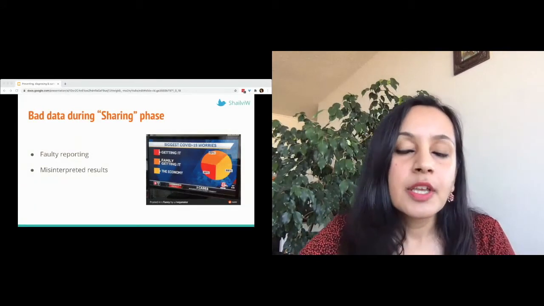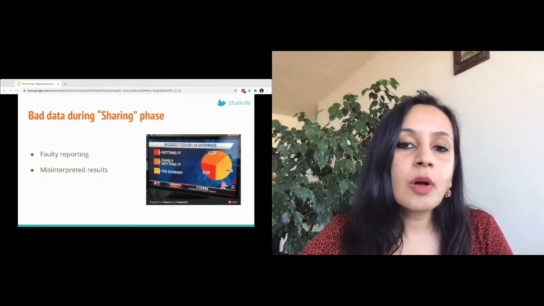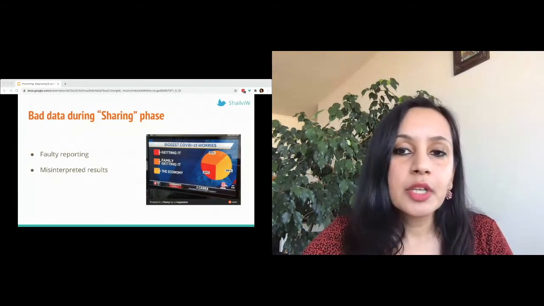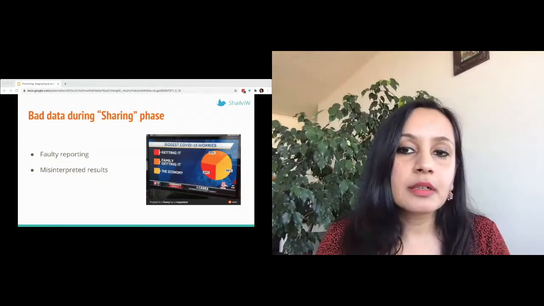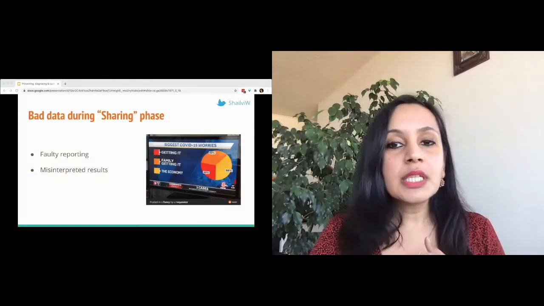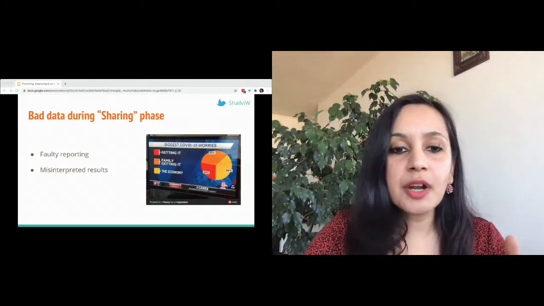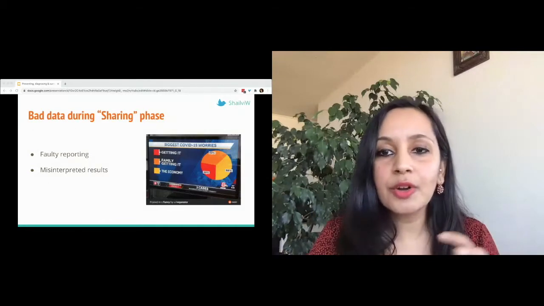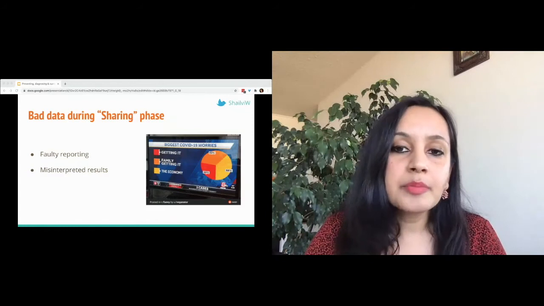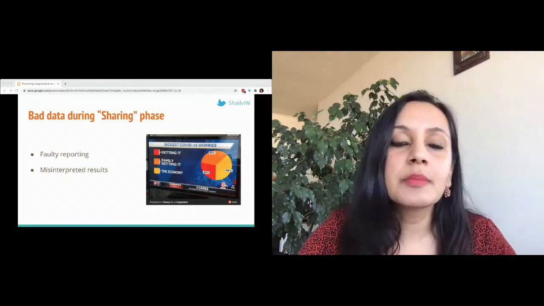misinterpreted results. When COVID data was initially shared, I saw a lot of examples of charts in reputable publications that really didn't take the extra 5 minutes to clearly label their charts. So there were missing keys, labels that should have been right next to the chart, but instead were somewhere in the fine print or in a paragraph somewhere. And people ended up missing those caveats because you just couldn't find them easily. It was hidden away in some tiny text.